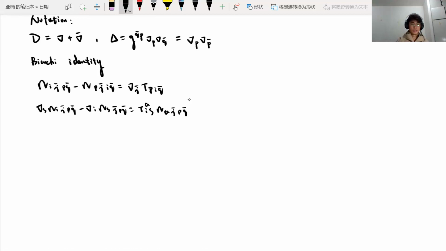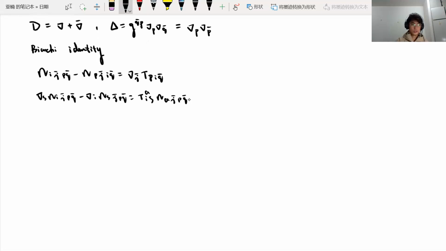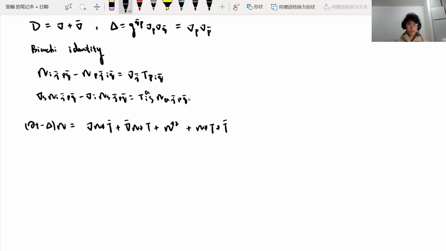And I would like to give the evolution equation. Here the evolution equation of the curvature is the gradient bar. So from this equation, we know that when we deal with the gradient of the curvature,